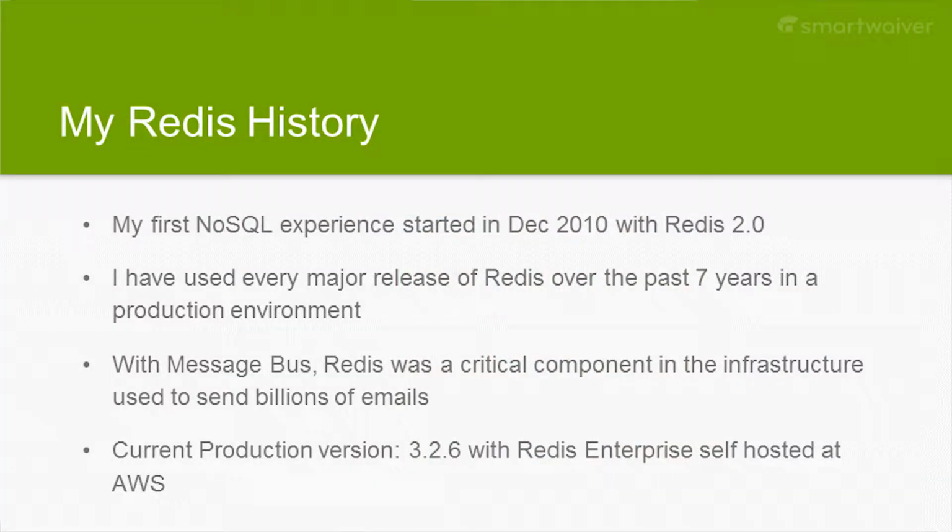And currently we're using, the right term is Redis Enterprise, from Redis Labs, 3.26. We host it at AWS within our own VPC, so we don't go outside the network. Basically everything is sitting in US East 1 on 3 servers.